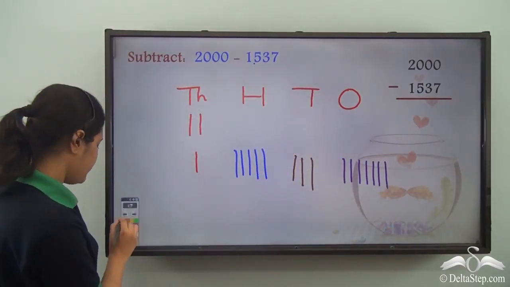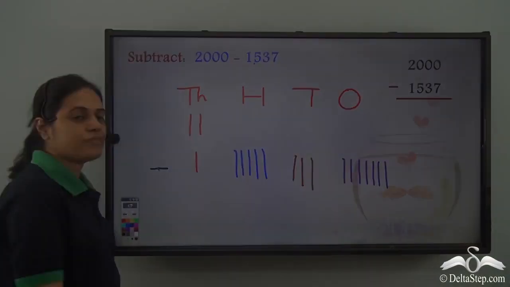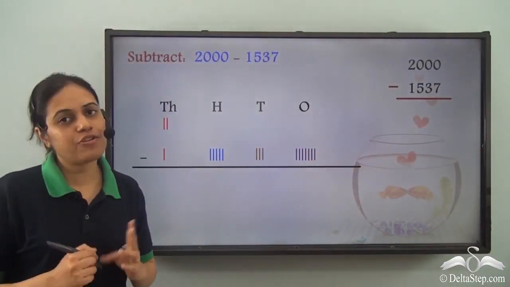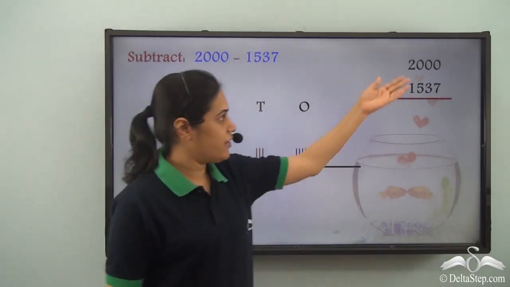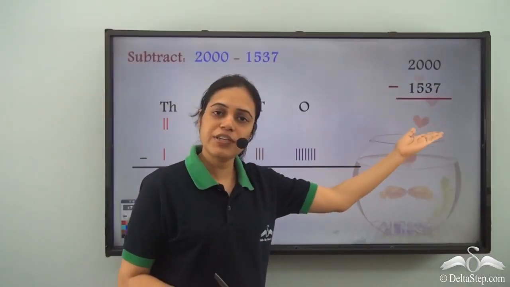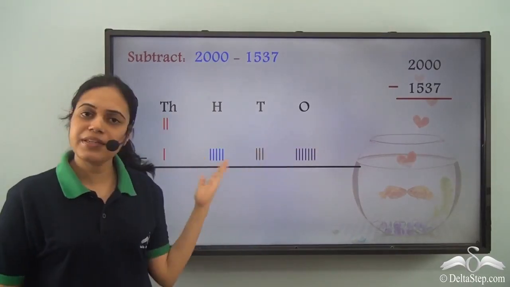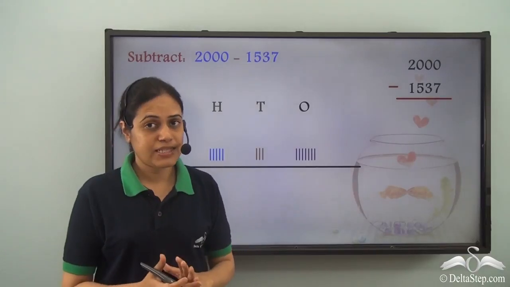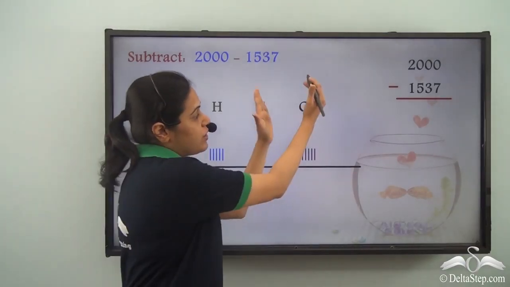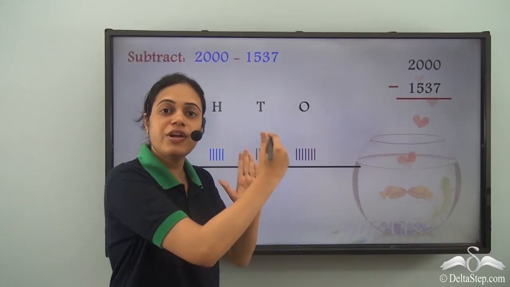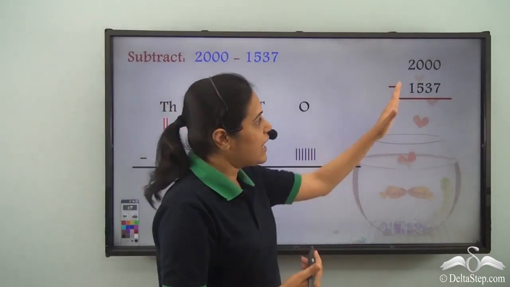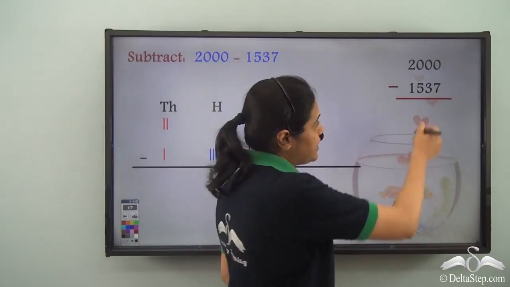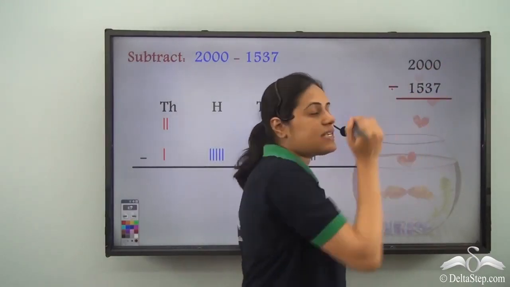And these are to be subtracted. Now these two are actually two different ways of writing the same problem. I can write it either like this using the digits, or I can write it like this. Now I need to subtract these two. For subtracting, I need to start from the ones place, that is from the rightmost place, and subtract the digits. But now if we look at the ones place, I have 0 minus 7.